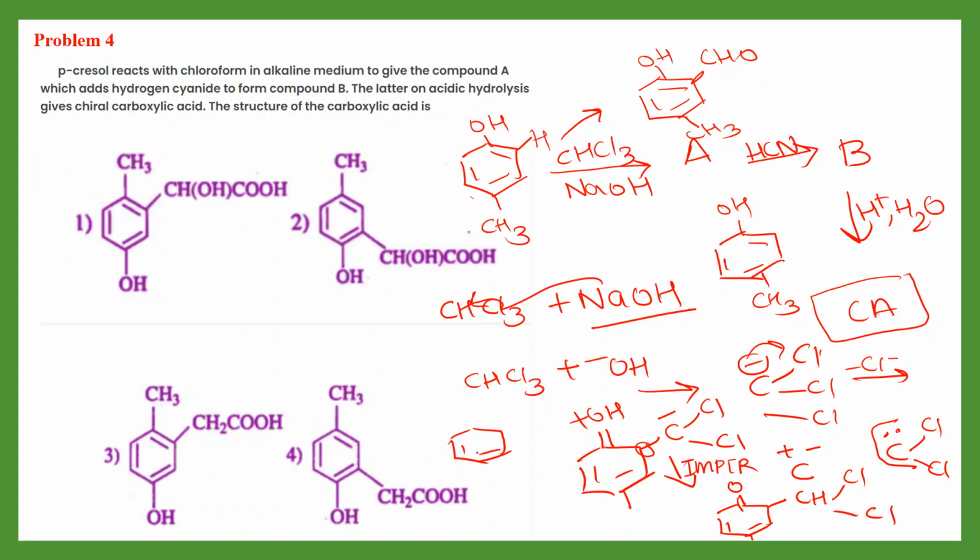There are actually different mechanisms possible for this reaction, but we will go according to this. And here you are having 2 Cl. Now you have sodium hydroxide in your reaction medium. It will substitute this chlorine by OH, right? And this, by elimination of water, what will it form? Your salicylic